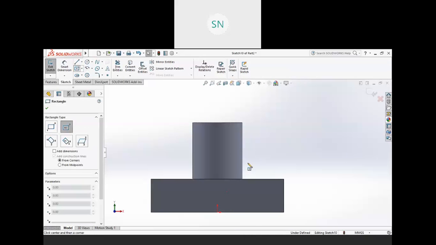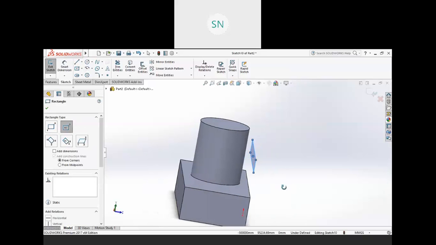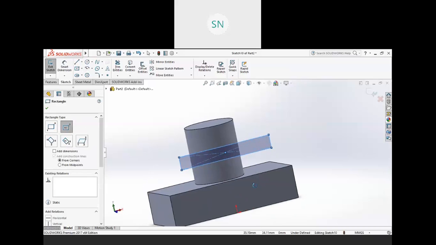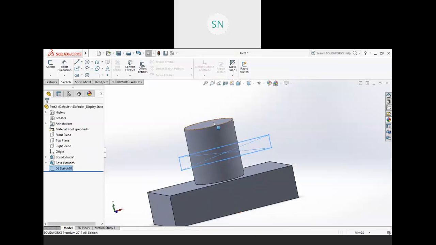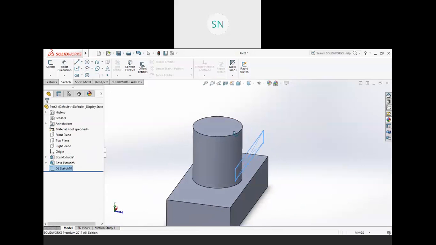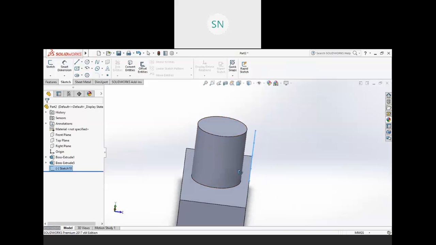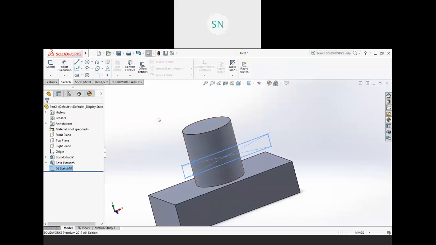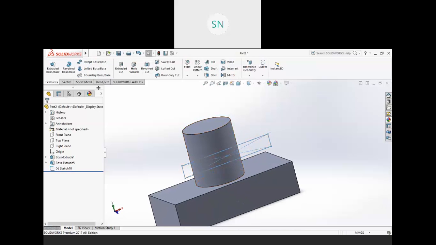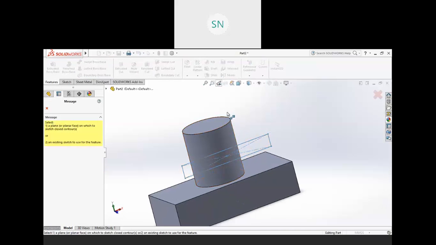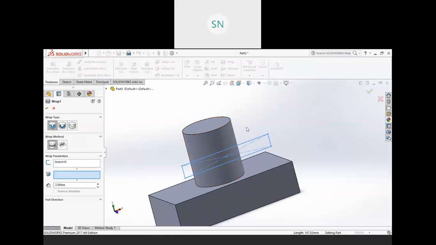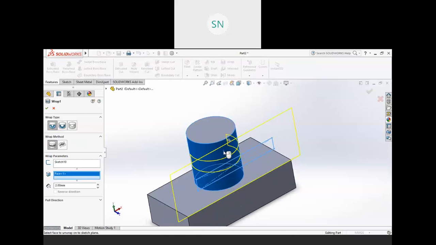and here we have, for example, one rectangle, right? So this is my sketch, and it is outside from this surface, right? Okay, now just go to the feature, click on the wrap, select this sketch and select this face.